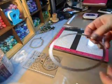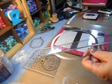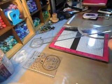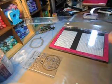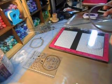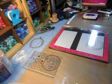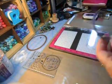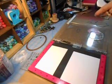And this, just to let you know, it measures, see how much it measures across. Start at the 1 would be nice, eh? Okay, so this is 5 inches across, and in the middle it is 4 inches, so a 4 by 5 inch oval, which is a nice size. And then you want to have the die to your fish tank ready. So let's take this Misty and take your Memento Tuxedo Black ink,